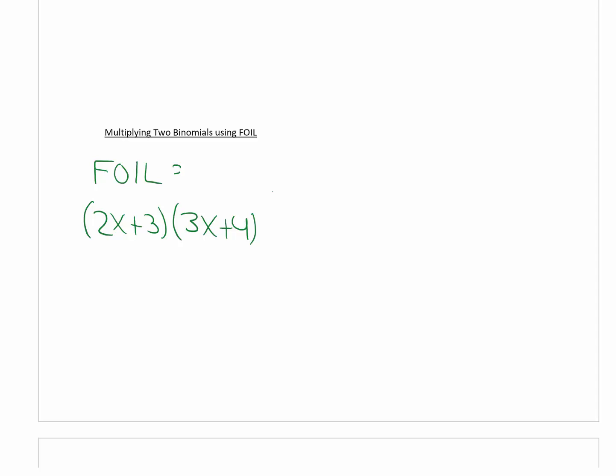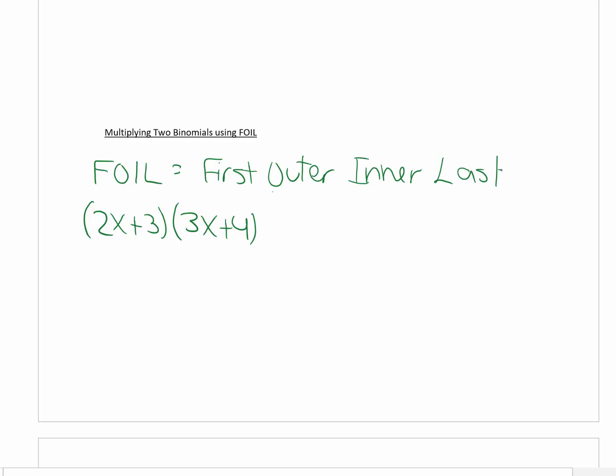In this video, we're going to continue our discussion with multiplying polynomials. So I want to first start talking about the FOIL method. Well, the FOIL method is nothing more than a special case of the distributive property. FOIL represents first, outer, inner, and last. All right, so I want to multiply 2x plus 3 times 3x plus 4 using the FOIL